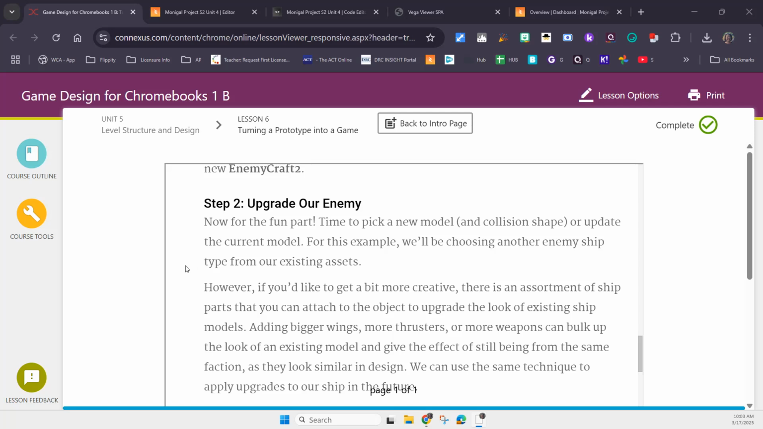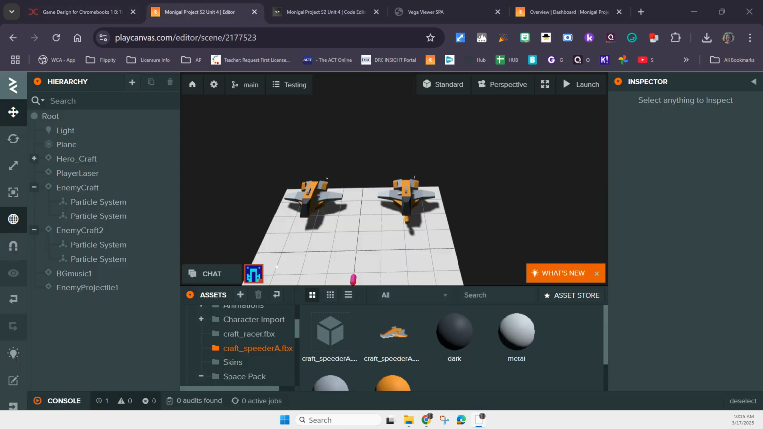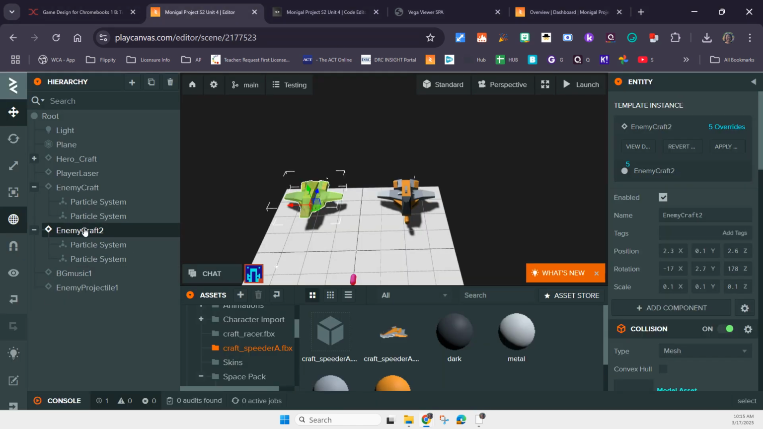So we can choose another enemy ship type from our existing assets, or we could attach parts and make it look a little bit different. So we just want to make our enemy a little bit upgraded so it doesn't look exactly like our original enemy. Okay, so with my Enemy Craft 2,